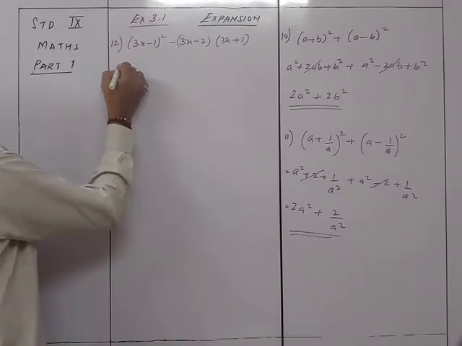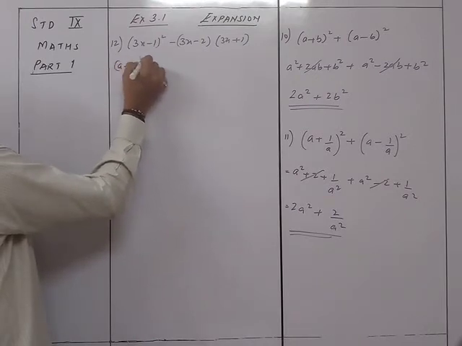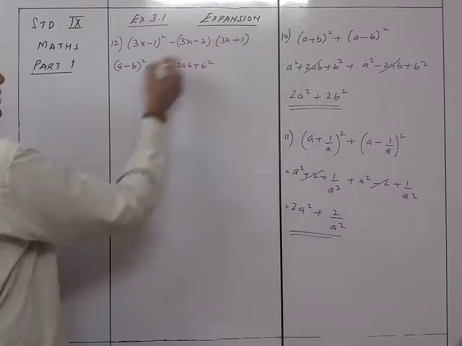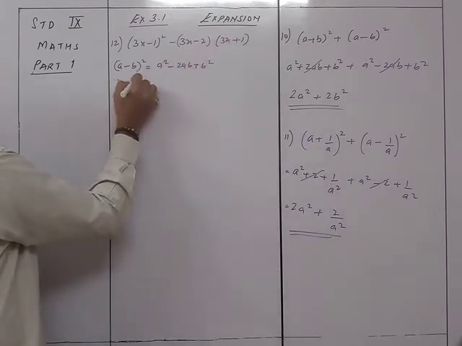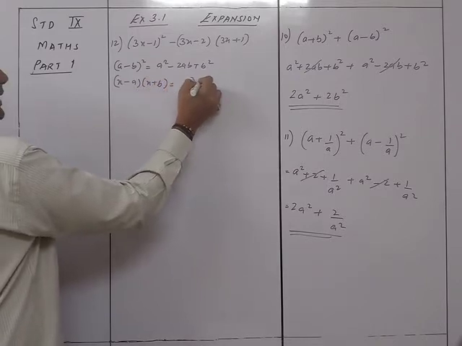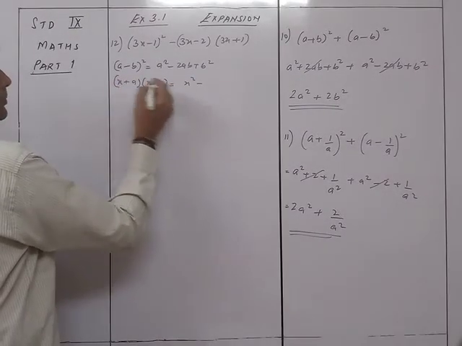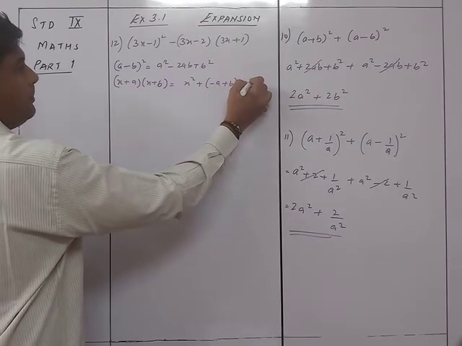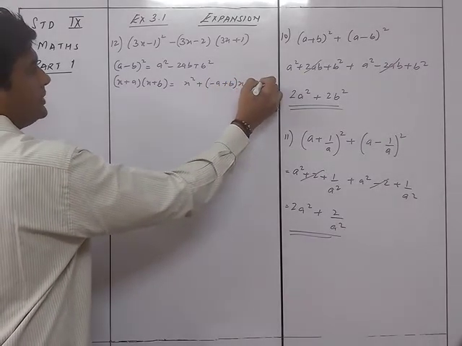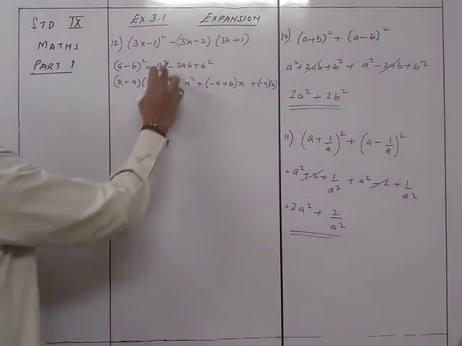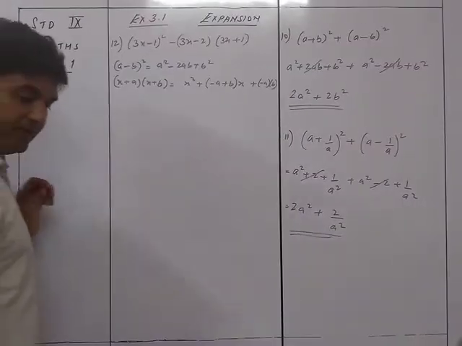Over here, this is in the formula (a minus b) the whole square is equal to a square minus 2ab plus b square. And this one over here is (x minus a) into (x plus b) is equal to x square, or as we said rightly, minus (a plus b) x plus minus a into b. Okay, this is what we are going to do. So this minus this is what we are going to have in this thing.